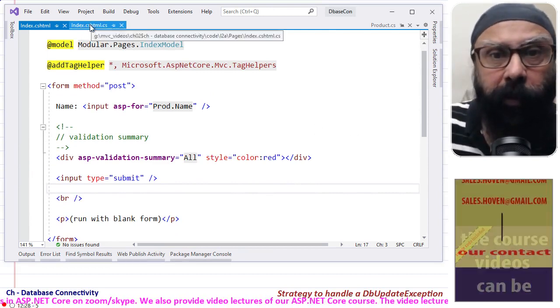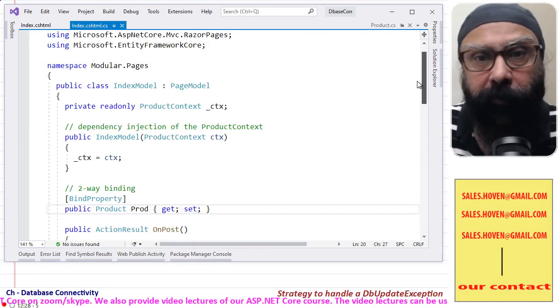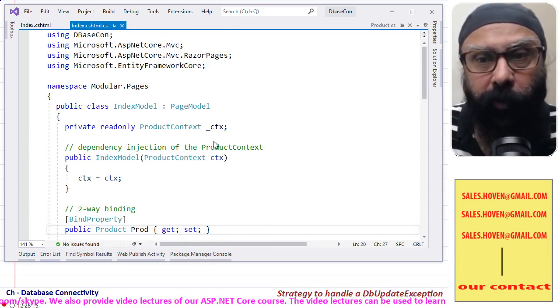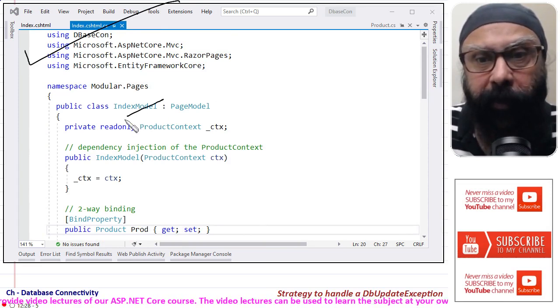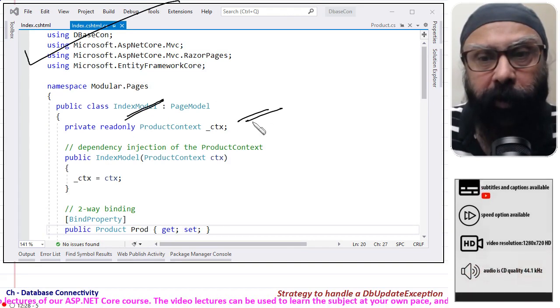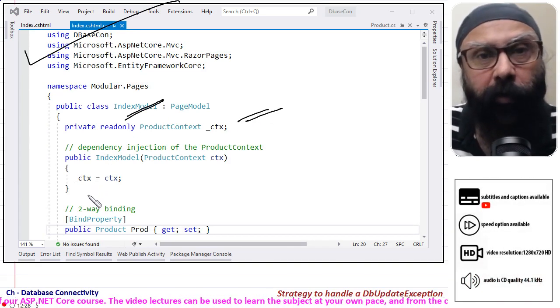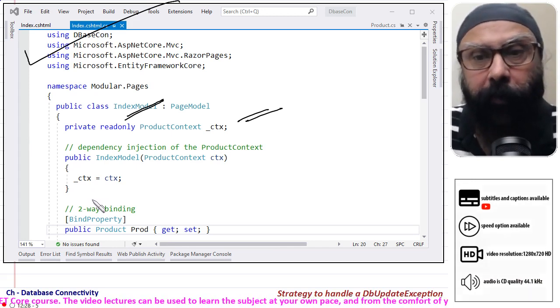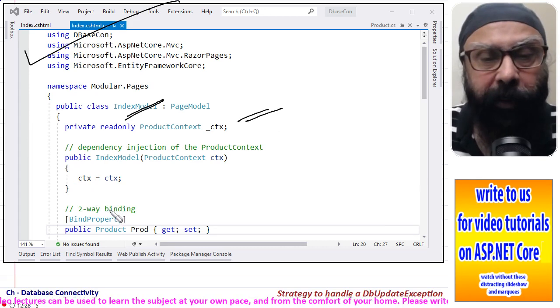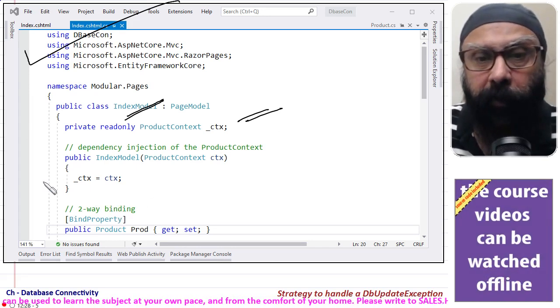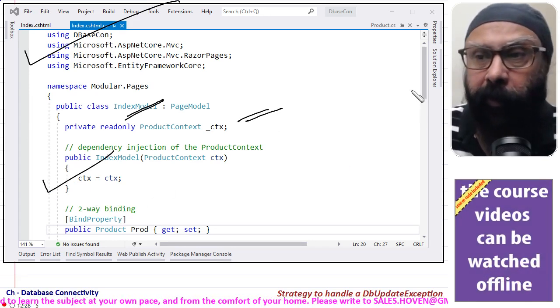Now come to the backing class. Here let me take you through the story first. These are the using directives, and this is the backing class. This is the product context, and we assume that all database connectivity has been made. The database settings are in place, and then this is the dependency injection.